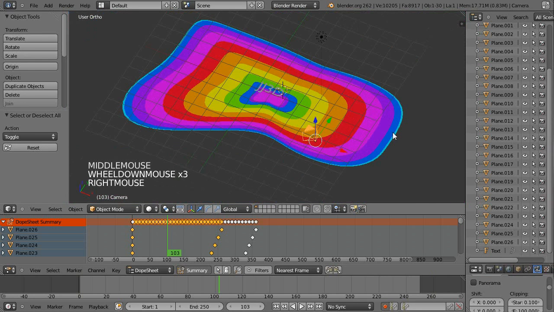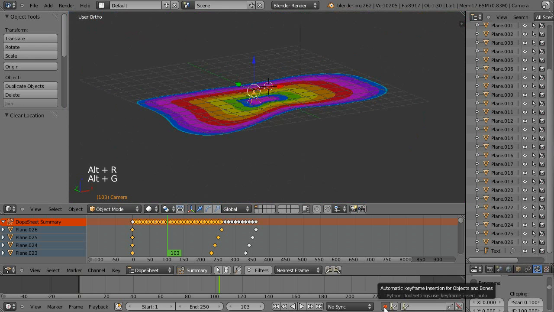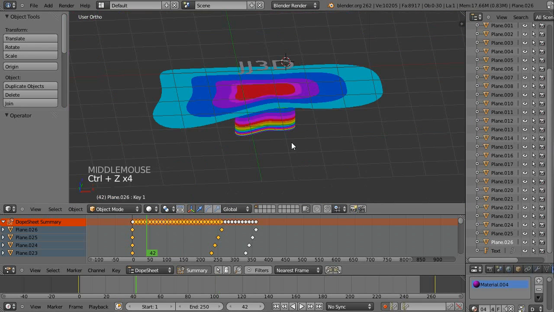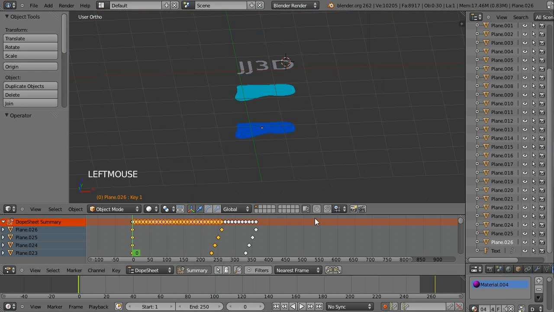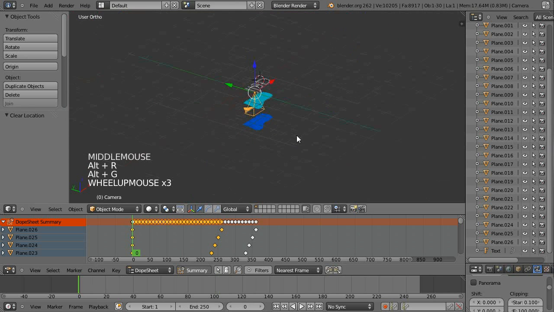So we'll just set up the camera and the light. For the camera, select the camera object, this one here, Alt R and Alt G, and we should turn off the keyframe. Fortunately, I just keyframed it. I'm just going to undo that, because it's not good practice to have keyframes on the camera if you don't want them. So turning off my keyframing, Alt R and Alt G,